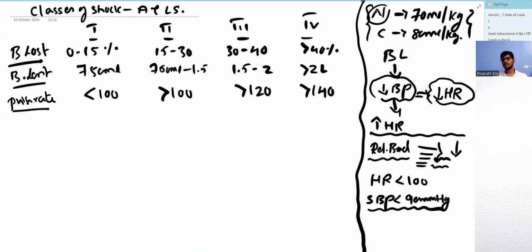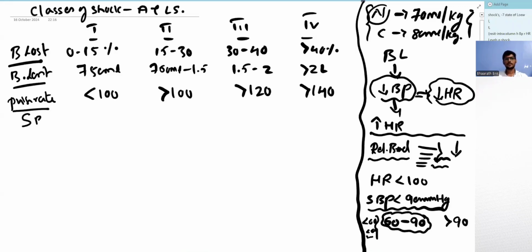And it is found that in the patients where the systolic BP is less than 90 mmHg, if the heart rate is maintained between 60 and 90, these people have a better survival advantage than those where it is maintained more than 90. Less than 62, it is abnormal. Less than 60, 50, 40, it means the patient is going into cardiac failure also. So in any patient, if relative bradycardia has been established, it means that the body is responding better and they have better survival advantage over the patients where the heart rate has become more than 90. So this is what they used to see before the BP was there.